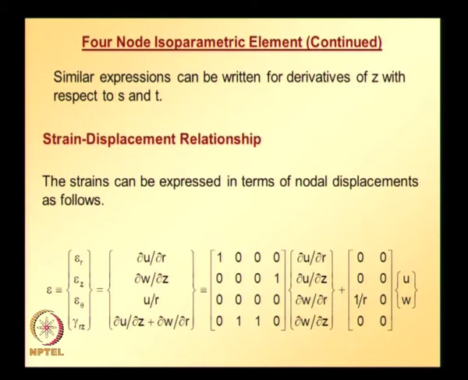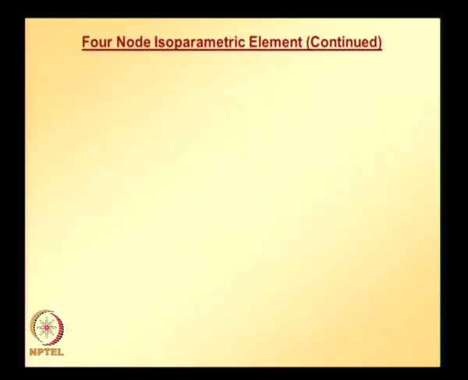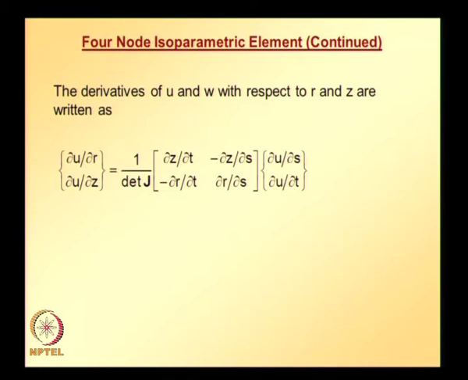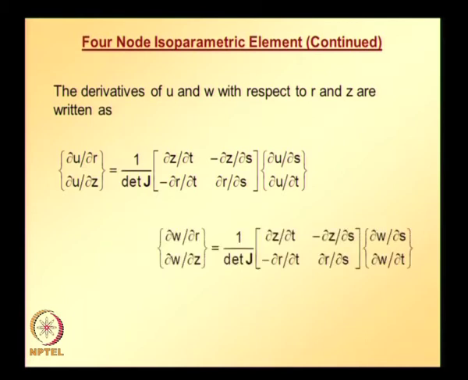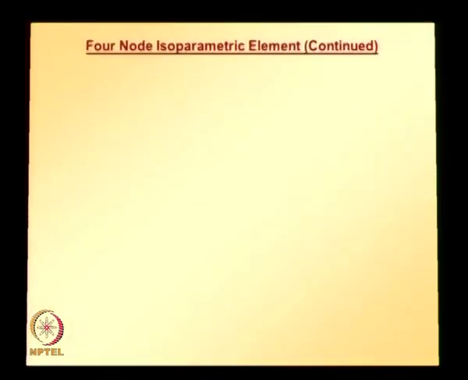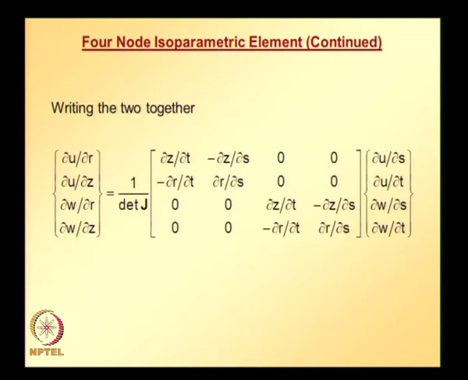Similarly, we need to find the relation between the partial derivative of w with respect to r and z and the partial derivative of w with respect to s and t. This can be obtained using these relations, for which we require to know the determinant of J. So, using these two relations, the displacement component derivatives with respect to r and z can be replaced with those with respect to s and t. Writing these two equations together, we get this equation, which we can substitute back into the equations that we have seen for strains, replacing the partial derivatives of displacements with respect to r and z in terms of partial derivatives with respect to s and t, and rearrange it